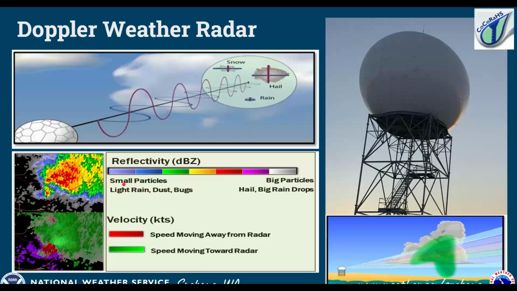Also, with Doppler weather radar, it can detect velocity, where the motion is either coming toward the radar or away from the radar. And that gives us a good idea of wind speeds within a storm and also rotation when we're looking for severe weather within the thunderstorms.